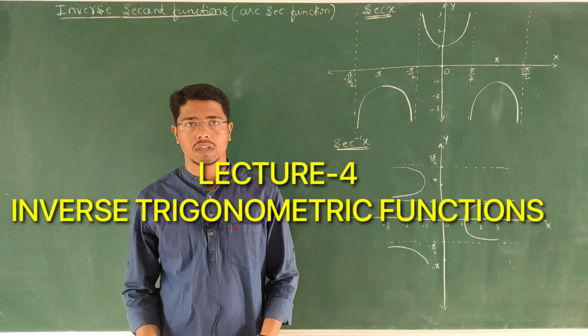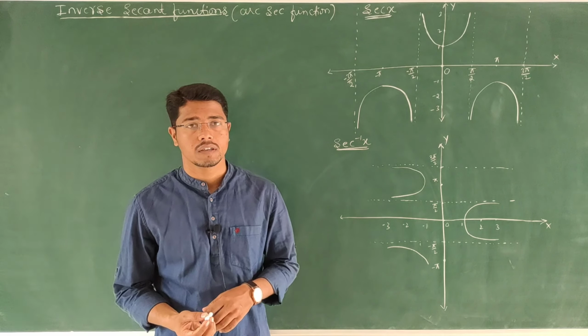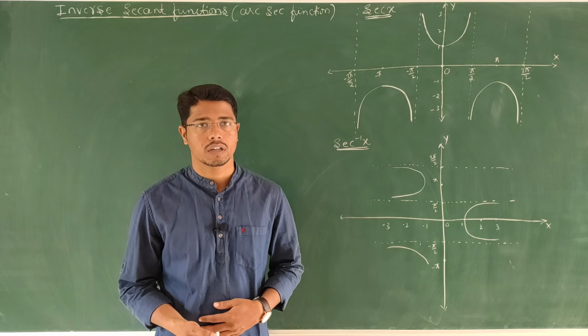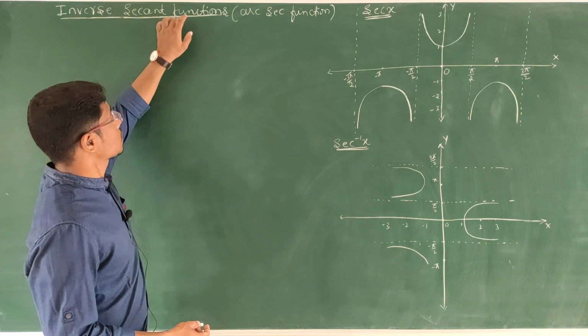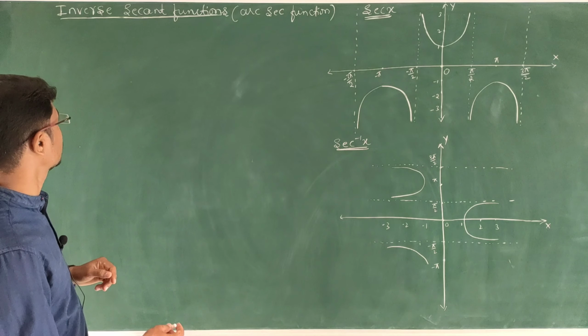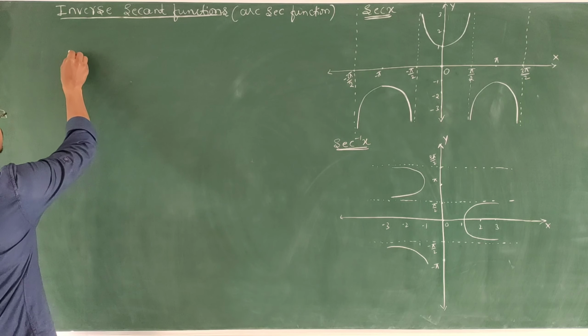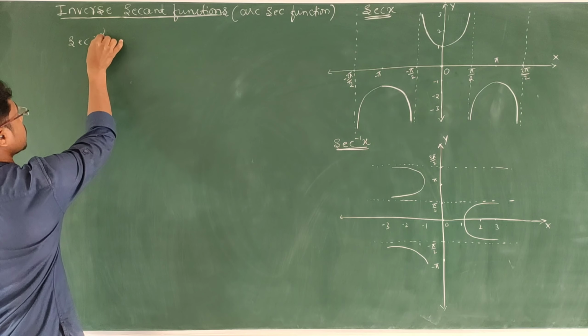So let us continue inverse trigonometric functions. Let us see the fourth function, the inverse secant function, or arc sec function as we may also call it. As we know about the secant function, sec is a function with domain